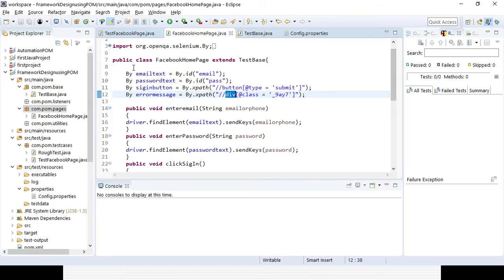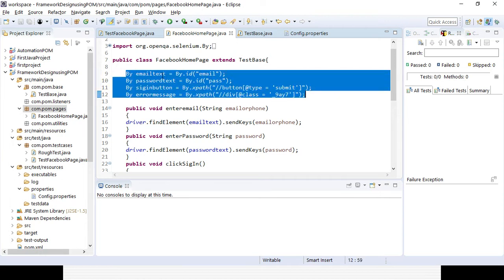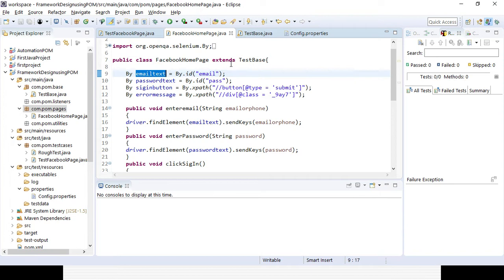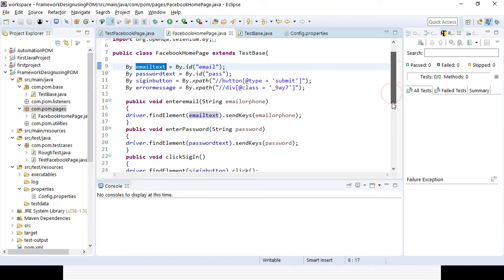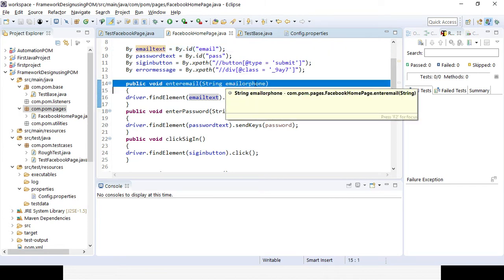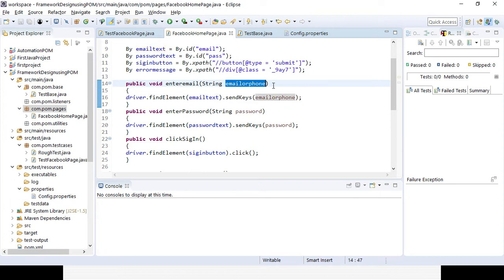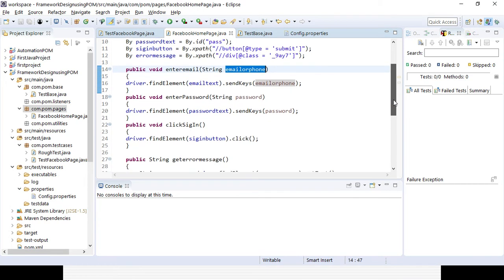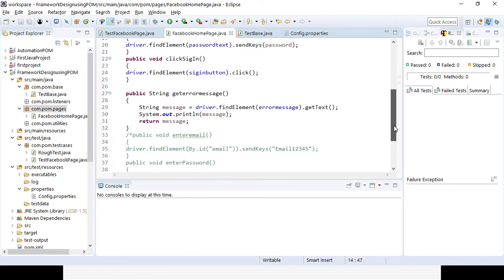I have figured out all the important attributes in that element locator class, and I have created the methods without hard coding anything. Instead, I am passing arguments, so that when calling those methods in the main class, I will just enter the required user ID and password.